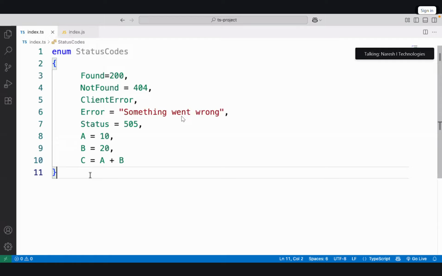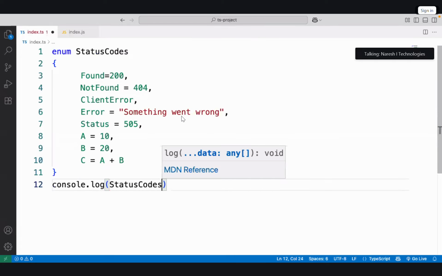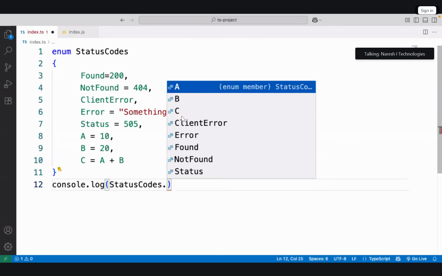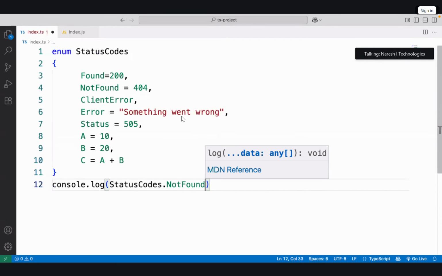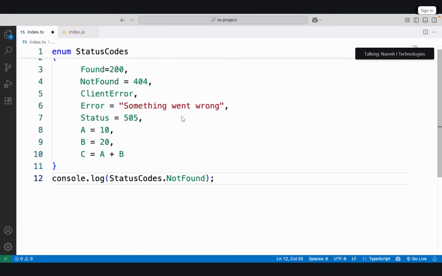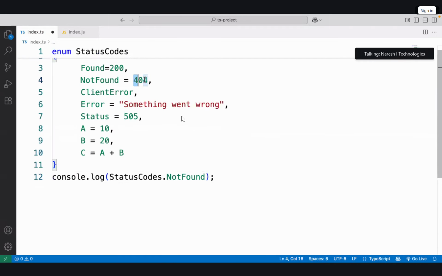And how do you access an enum? Simple. We console log the enum name, status codes, dot the key name. Suppose we are accessing not found. That means it will return the value. What is the value? 404. And the specialty is